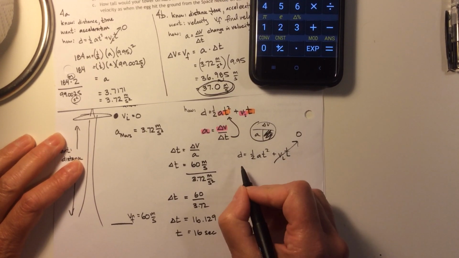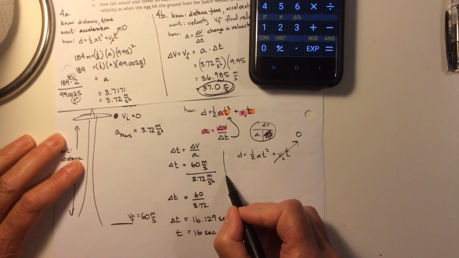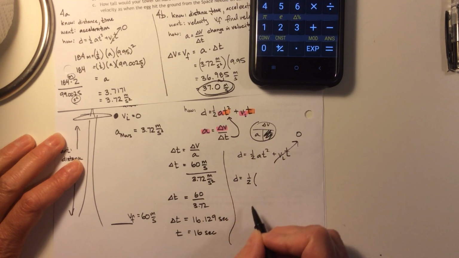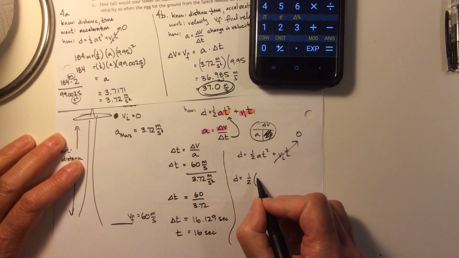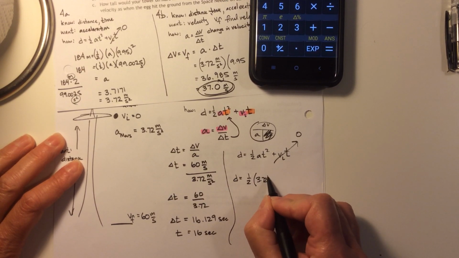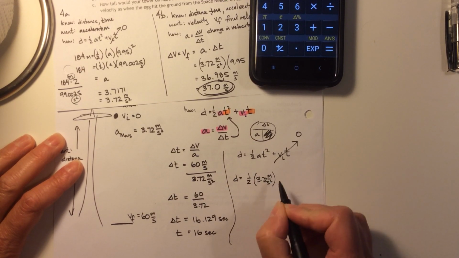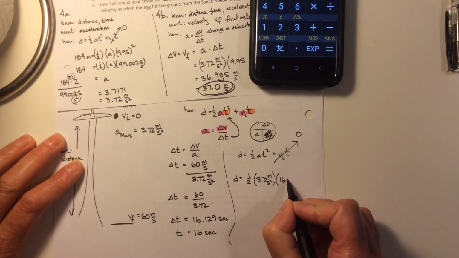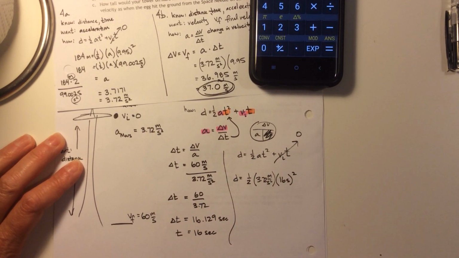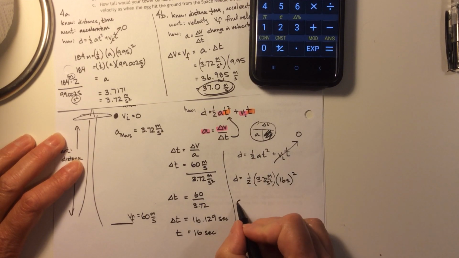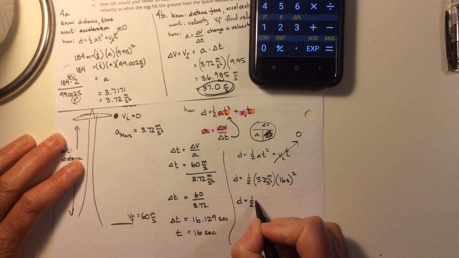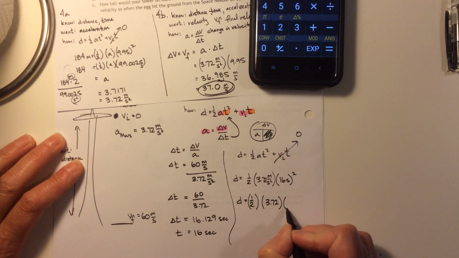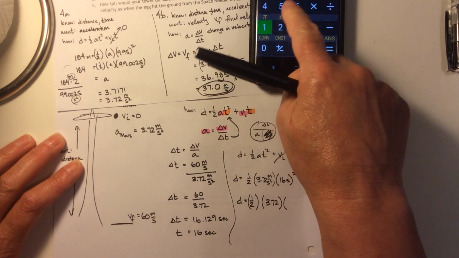All right, my distance equals 1/2 times the acceleration, 3.72 meters per second squared, times 16 seconds squared. So that means I have D equals 1/2 times 3.72 times 16 squared,